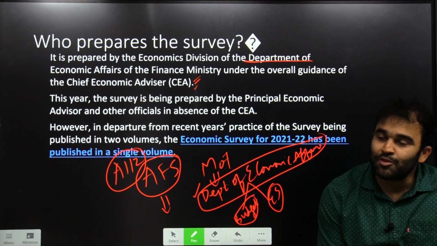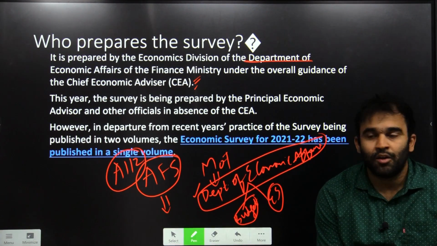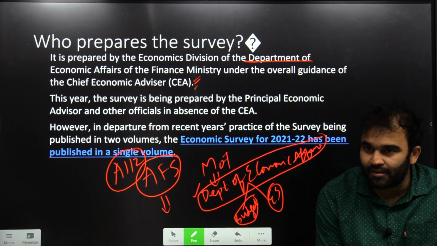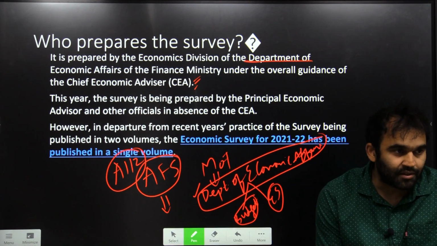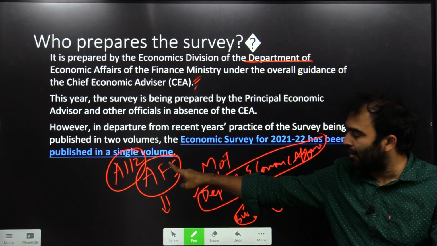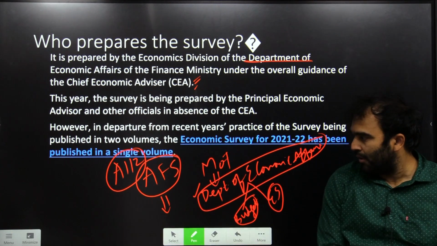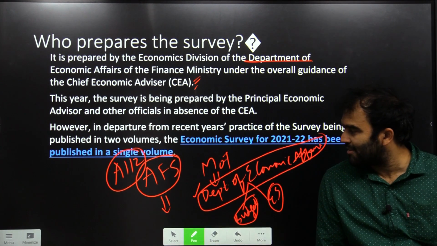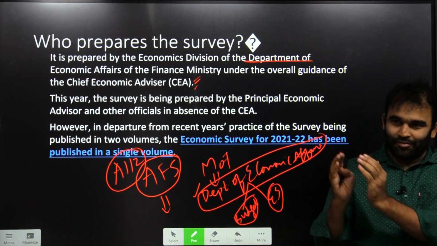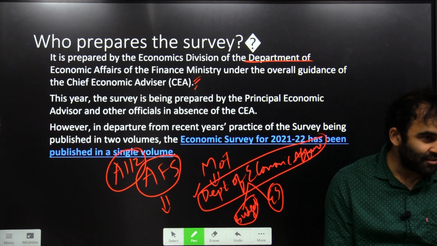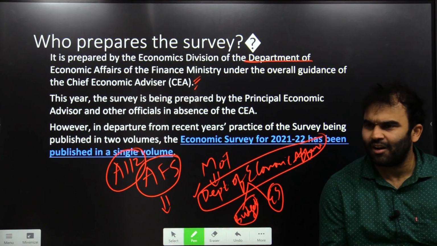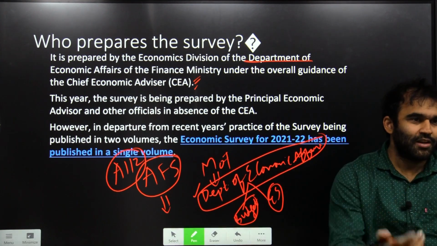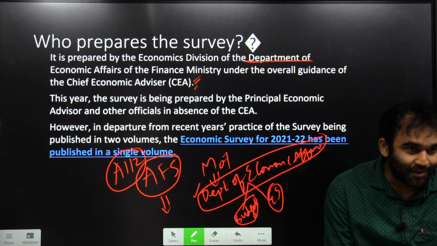Having said that, which provision of the Constitution mandates the government to provide the economic survey? Yes, Article 112 for budget or annual financial statement is correct, all of you. Good. Just like how you have Article 112, under which provision is it mandatory for the government to produce the annual economic survey?